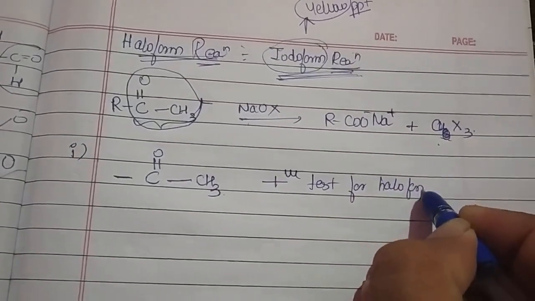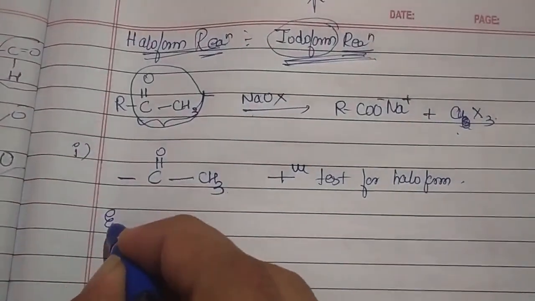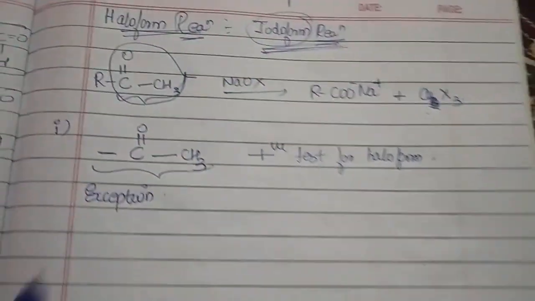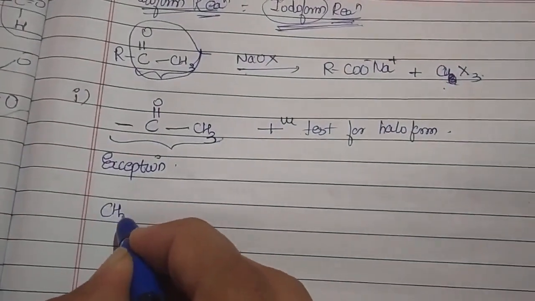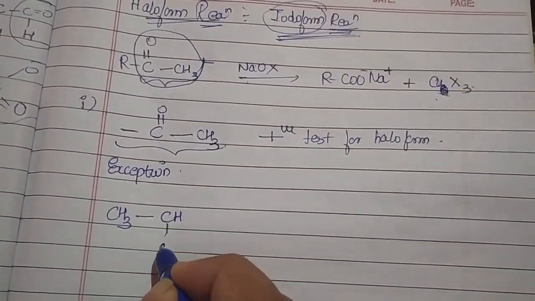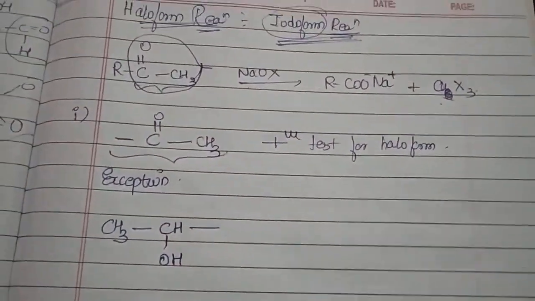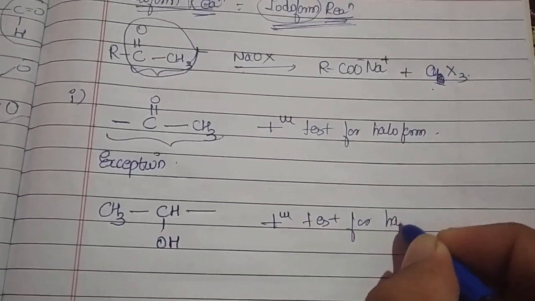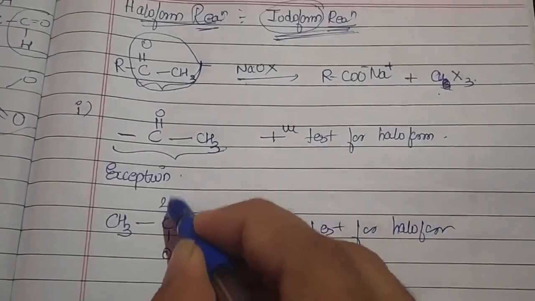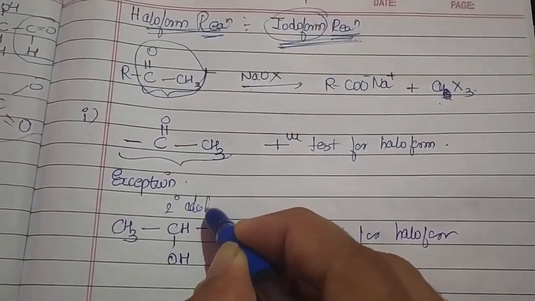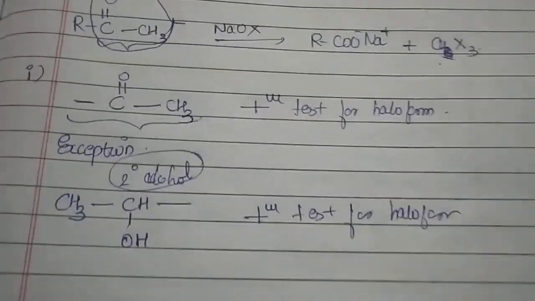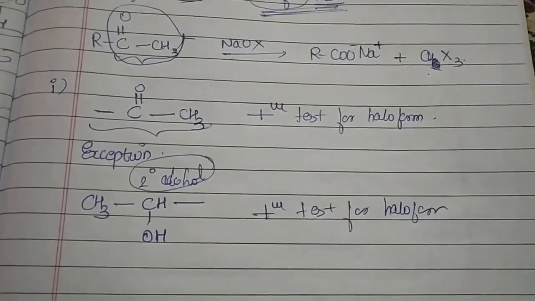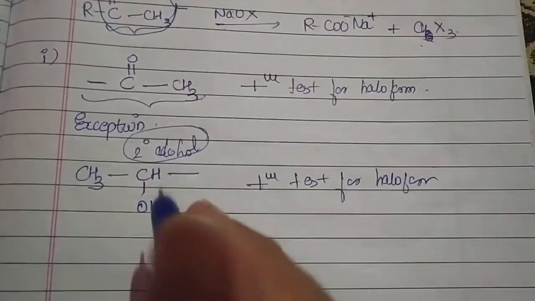Positive test for haloform. But now I would like to mainly deal with an exception. What is that exception? Even though these methyl ketones are not there, if you have a reactant like this, CH3CHOH and any other group, these compounds are also giving a positive test for haloform. Of course, you can take it as a type of secondary alcohol. Why I'm saying a type, very important: we cannot say that each and every secondary alcohol will give a positive test. Secondary alcohol of the type